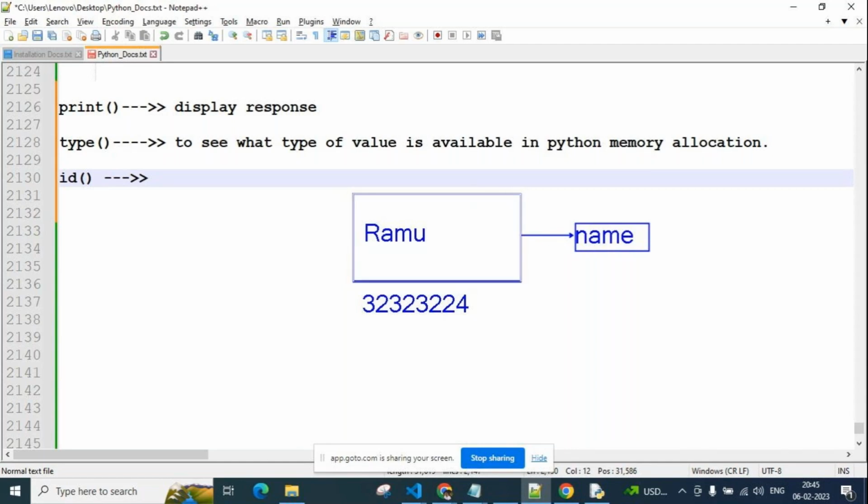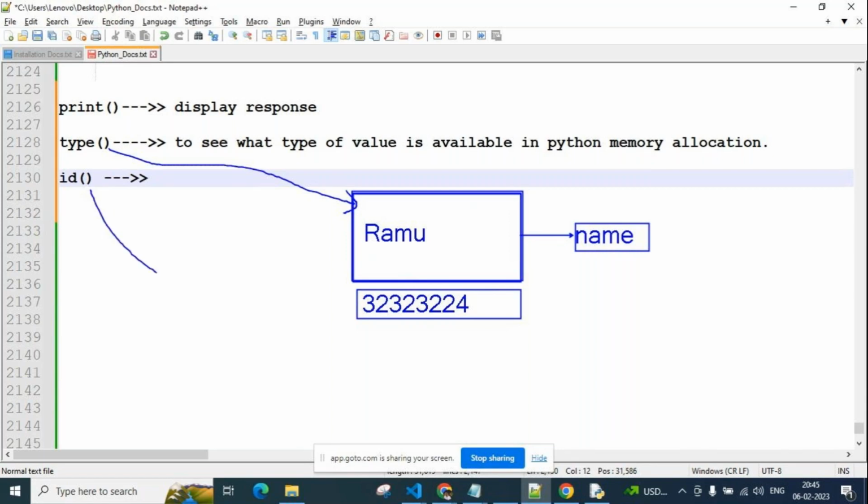If you want to know what type this value is, use the type function. So what is the id related to this memory? It is the hash code of this memory, technically, nothing but an id. If you want to know it, you can use the id function, id of name, and then we will get the id value of this memory allocation.